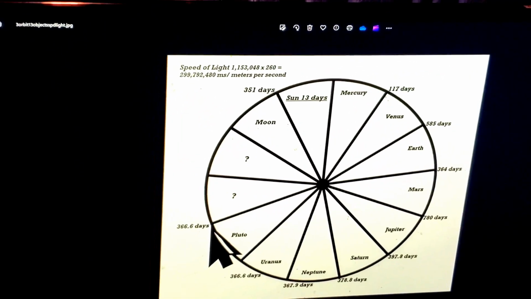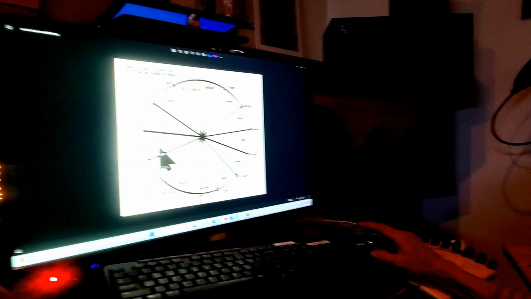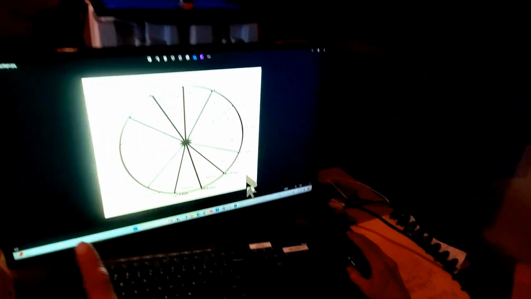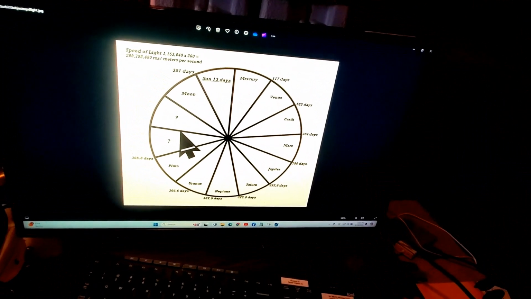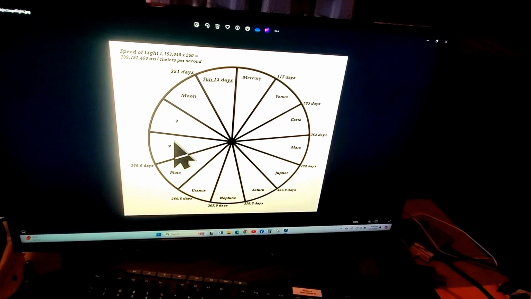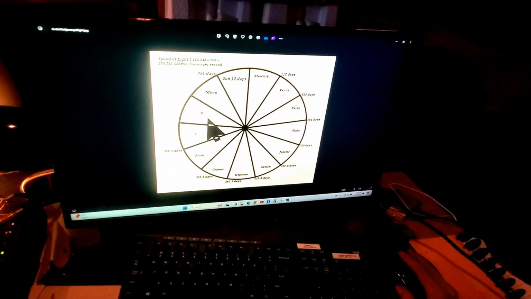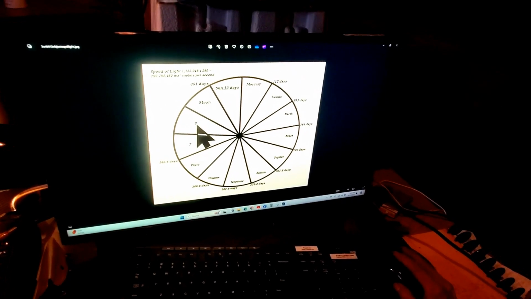And that's where I'm going to need help with researchers, because see these question marks? Those are the objects that are beyond, the two that are beyond Pluto. See, there's Pluto. There's the one object I was talking about. There's the two objects I was talking about. So that fills the planetary things, but I got to fill in these two blanks. So I need people to help me do the research to figure out what these last two planets are, or I shouldn't say planets, they're objects more correctly. So the question marks are for those two that aren't known yet.